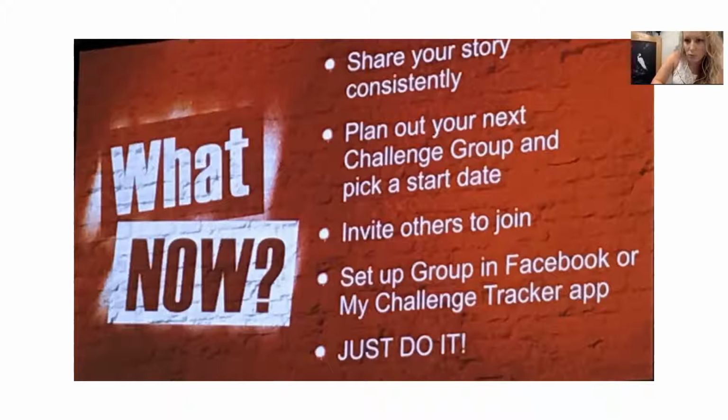If you have a challenger and you see that they're posting on their social media, and you invited them as a discount coach or to the discount membership and they don't want to join for whatever reason, ask for referrals. Ask, do you have any friends that want to join you for your next group? You can always just assume that they want to join the next group because, guys, this isn't a quick fix diet. It's a lifestyle. But ask them, do you have any family members or maybe your significant other or some other friends that want to join you in your next phase, your next challenge group?